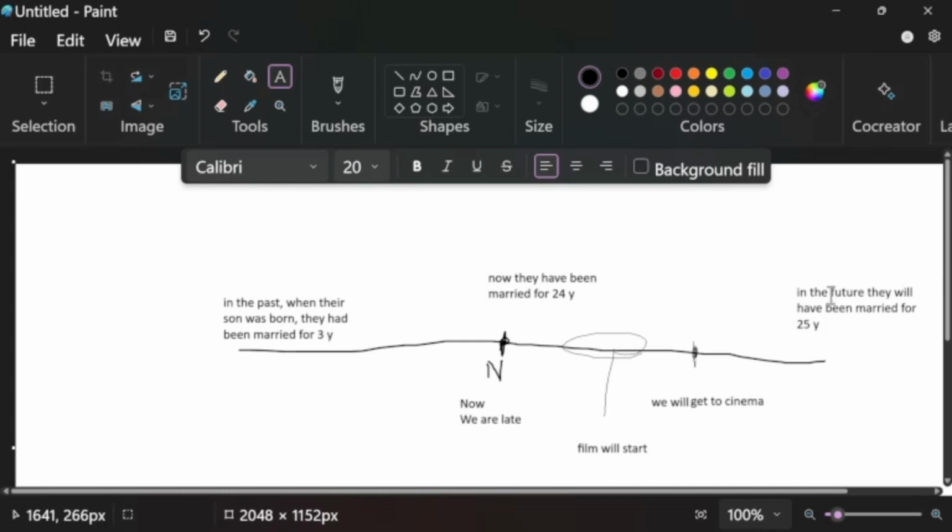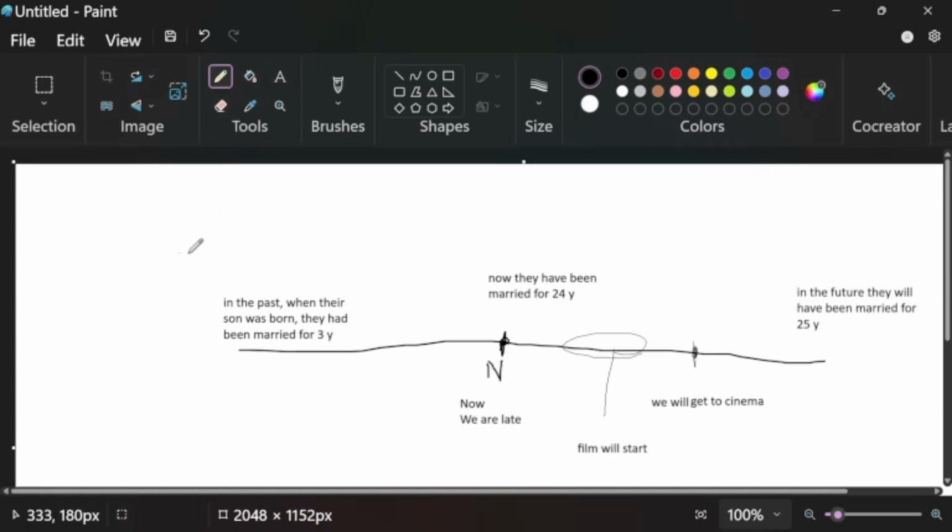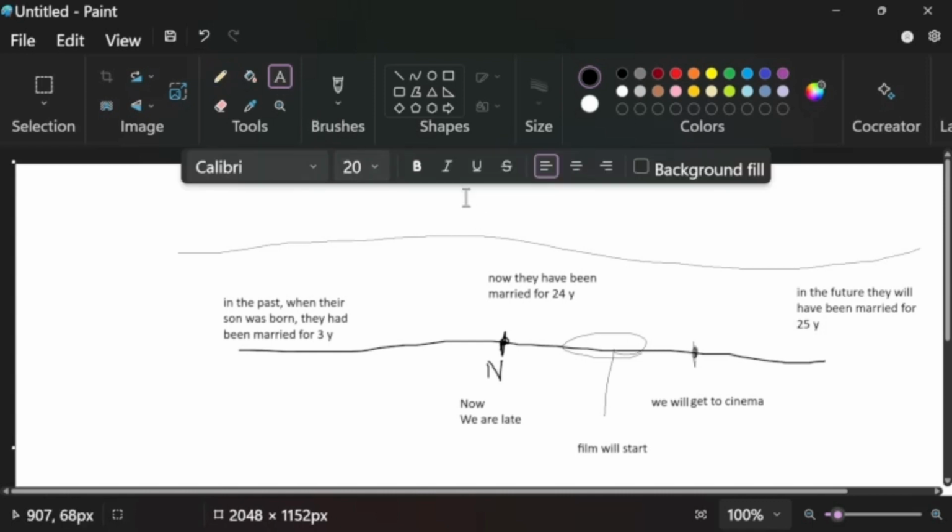Now, here, will have been married. Imagine right now another situation. This is like another case, okay? Another case. Now they are dating. They are not married. You know dating? For example, they are dating. They are seeing each other. They are meeting each other. They are getting to know each other.